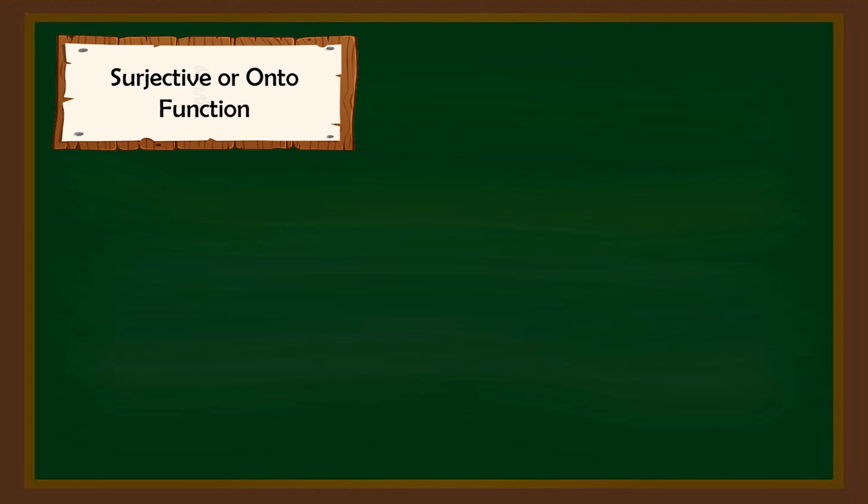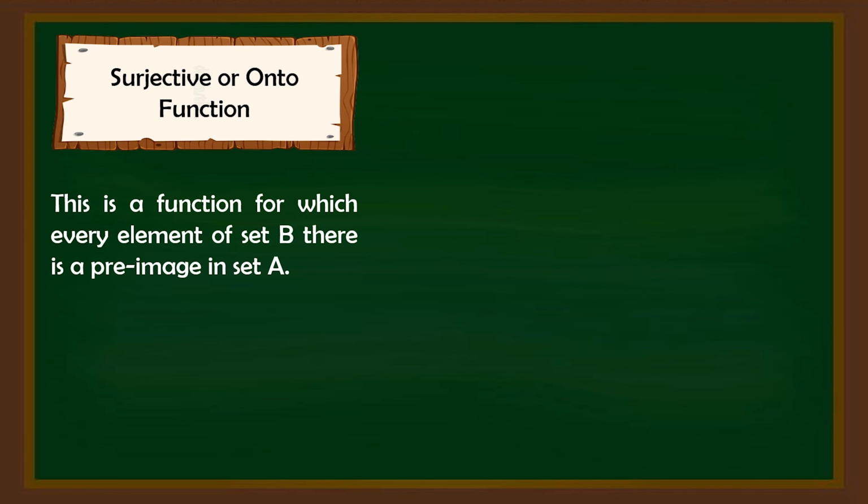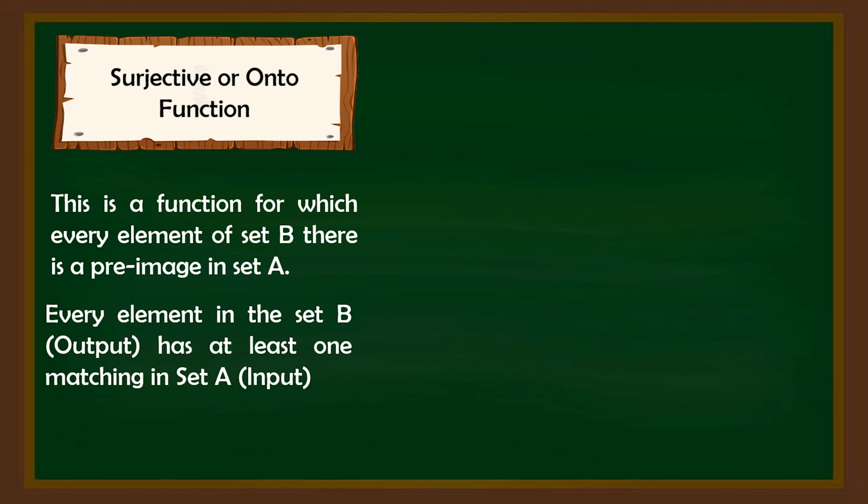Let's take a look at the surjective or onto function. This is a function for which every element of set B has a pre-image in set A. This means all the elements of the output should be paired with elements in the input. In other words, no element of the output should be left unpaired. Every element in set B, or the output, has at least one matching in set A, or the input. If in injective, an output can be paired at most once, in surjective, an output can be paired at least